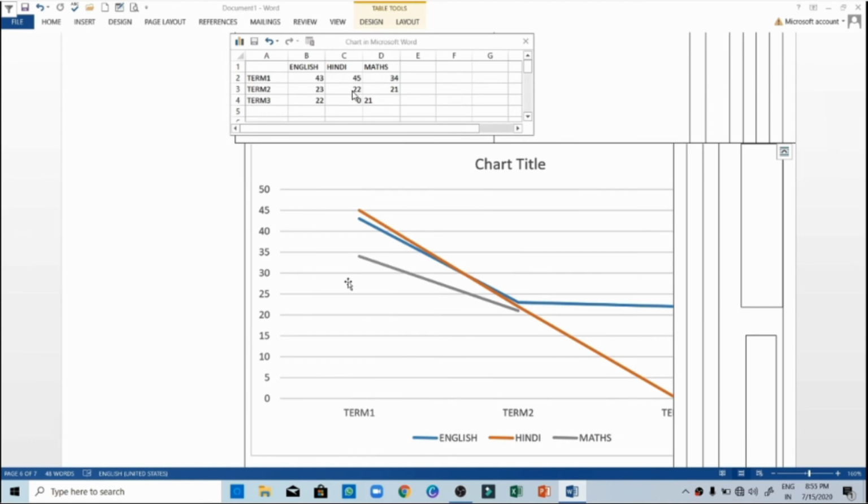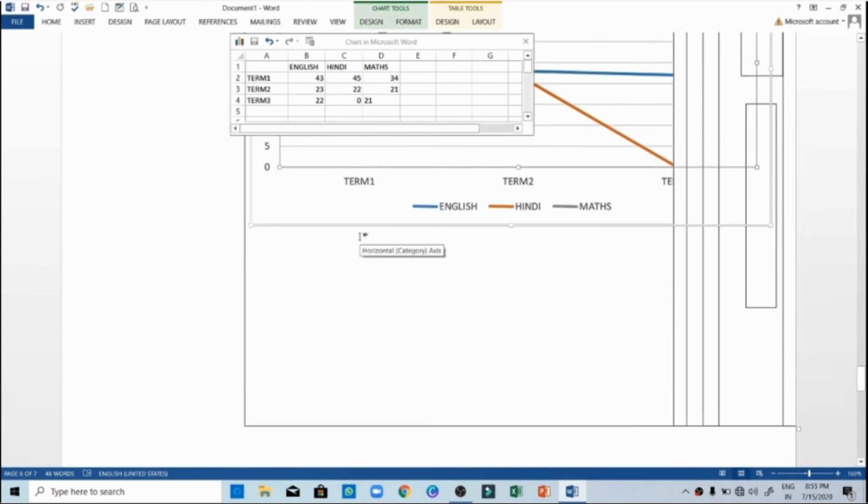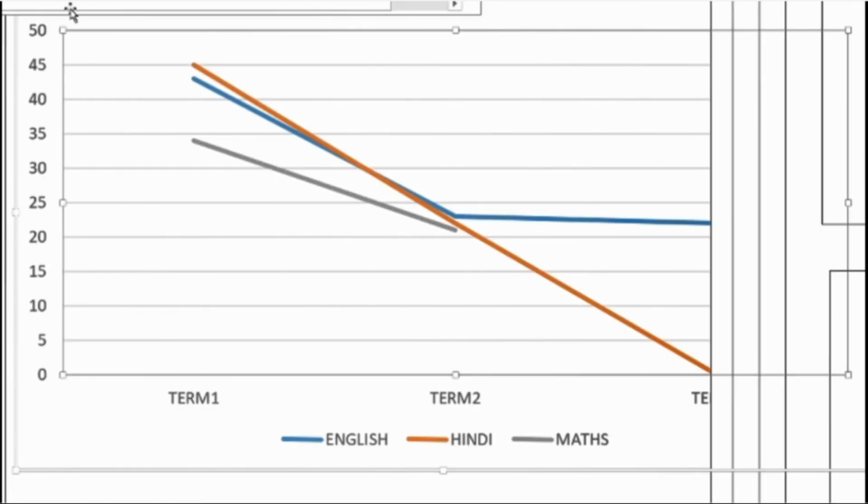Term 2 marks got degraded and now it is 22. See, so it is moving down. Now in term 3 this child got 0. So see, it is at 0. So this is a line chart. It is used to do comparison of values. This type of chart you have seen during matches where they explain the two teams' progress in different overs, which team is moving ahead. They can analyze from the line chart well where the team's position is now. So this is what we have learned.